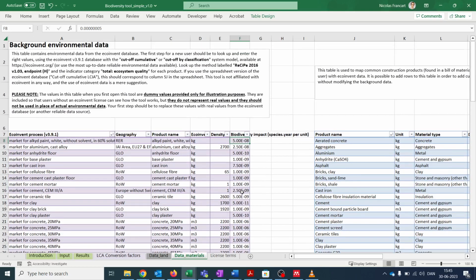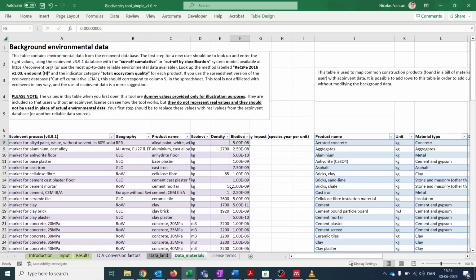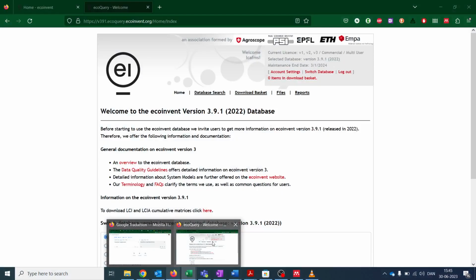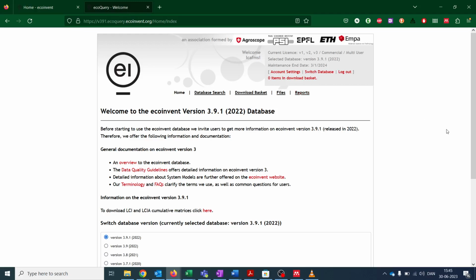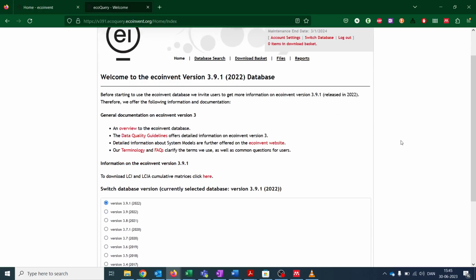What you should do, if you have an Ecoinvent license, you can go to the Ecoinvent website to purchase a license or to access the data. Click on Login Database here. You will eventually reach this page, the Eco Query tool from Ecoinvent. It allows you to download